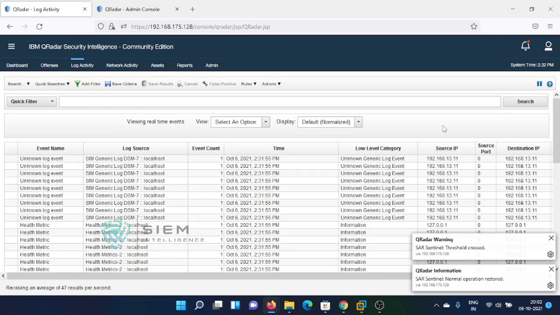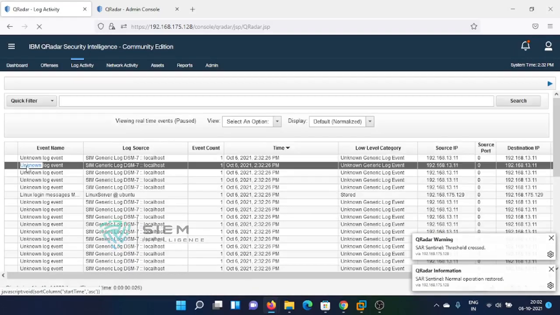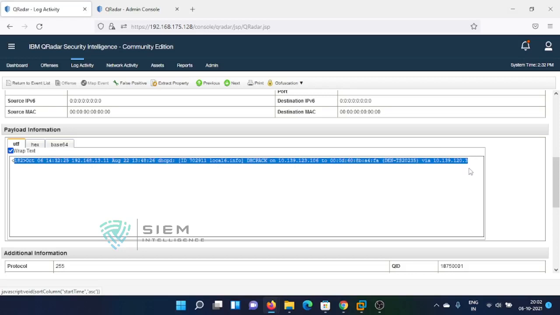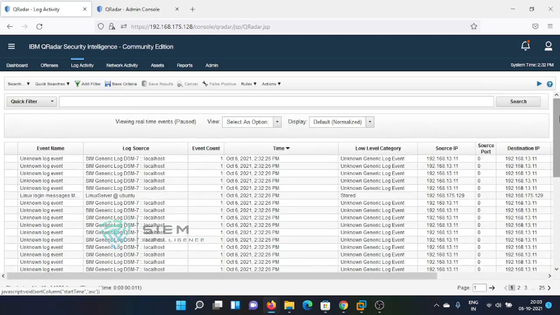Payload is something, if you go inside, oh sorry, it has not yet stopped, we'll see. So if you go inside, the data whichever you are seeing here, the entire data is called payload. This will be stored in your events table line by line, and it has never been indexed. Whenever you check something with respect to payload, it will go and check each and every line of your last 24 hours data, last 48 hours data, last 92 hours data, whatever. So you need to be more careful while using this particular filter.